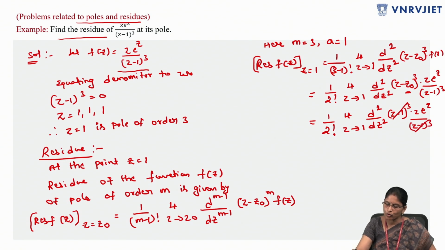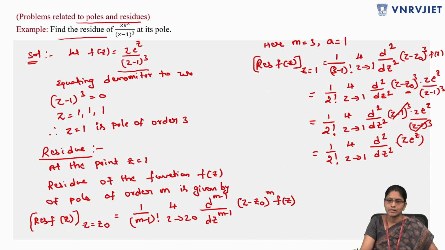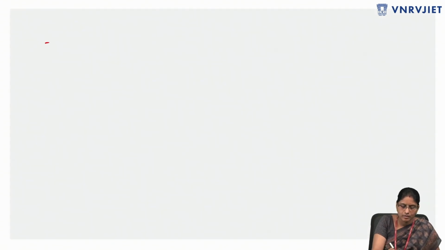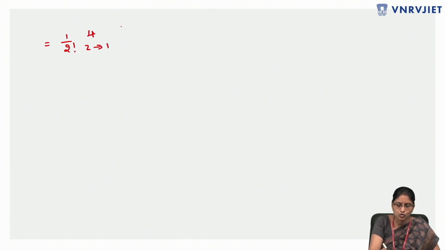Z minus 1 whole cube, z minus 1 whole cube cancel. Then we get 1 by 2 factorial limit z tends to 1 d square by dz square into z e power z, that equals 1 by 2 factorial limit z tends to 1 d by dz of